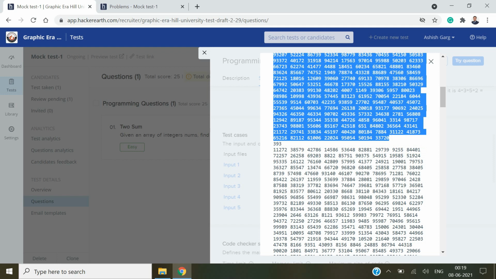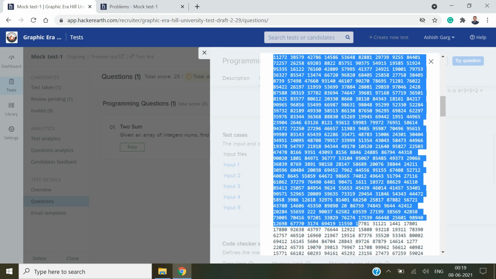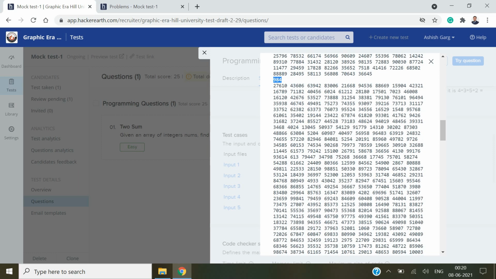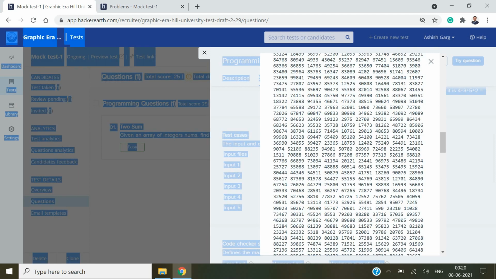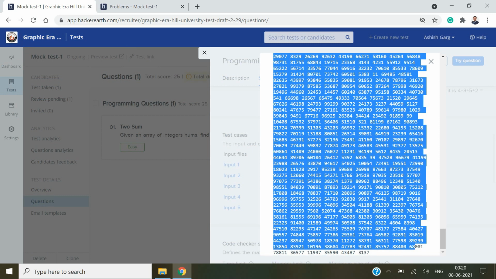After that, the second array is of size 393, and we have 393 values in the array. Then size 984, then we have 984 values, and the last array is of size 998, and we have 998 values.